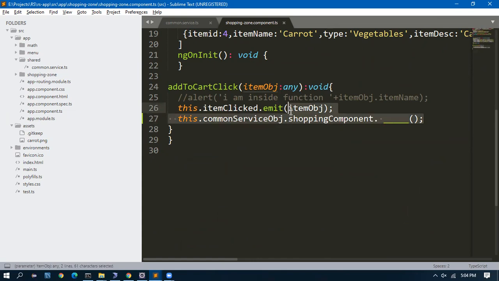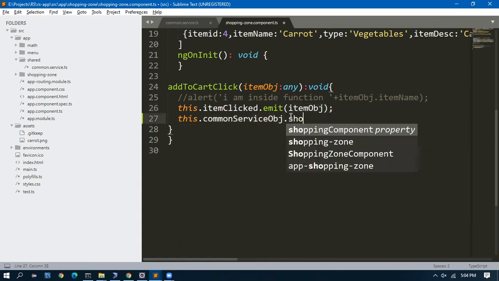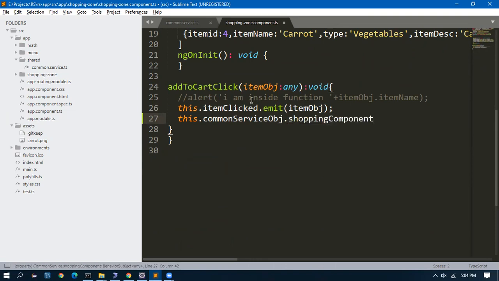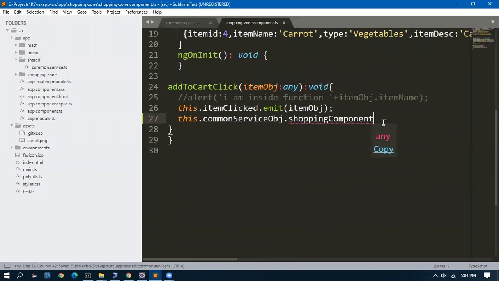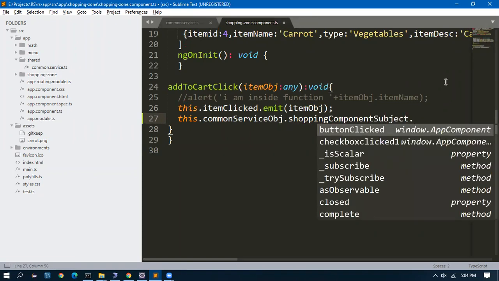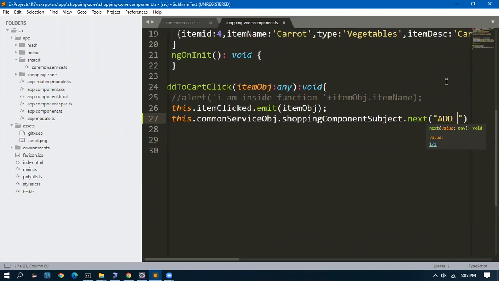Now it will start suggesting. I'll give this as shoppingComponentSubject, dot next. This is equal to emit. So what will I emit? Add is clicked.